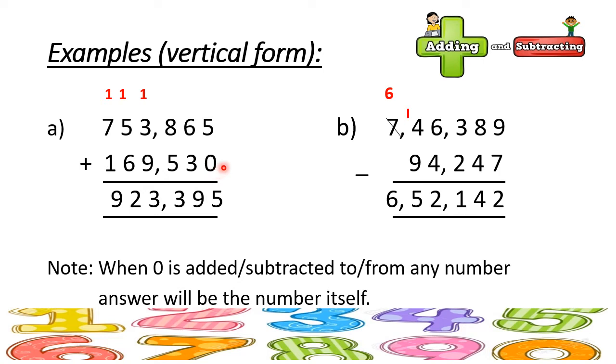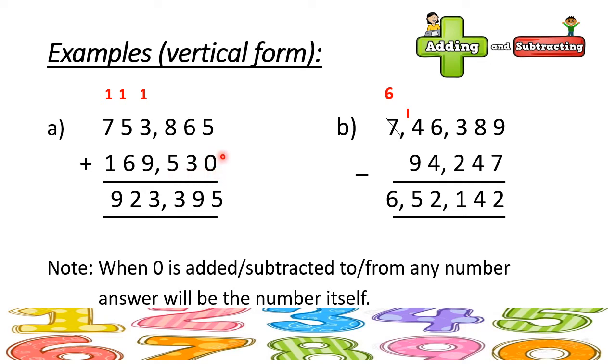So this is our first example, of addition. This sign is the addition sign, and when it is given to you, it means you have to add the given numbers. Two numbers are given to us. Our first number is a 6-digit number and our second number is also a 6-digit number. Remember one thing: when we add or subtract numbers, we always start from the right side and then move towards the left side.